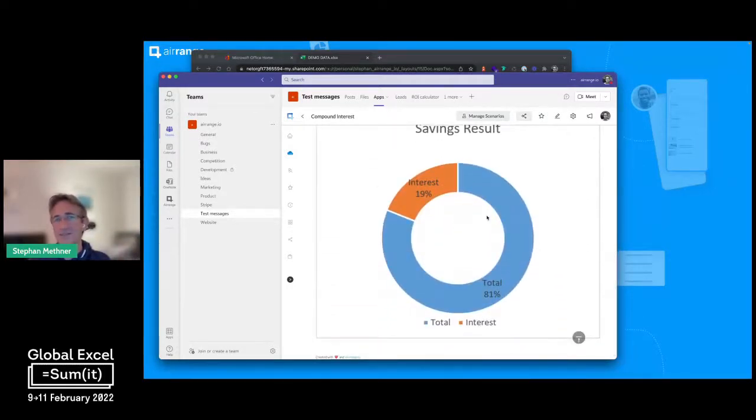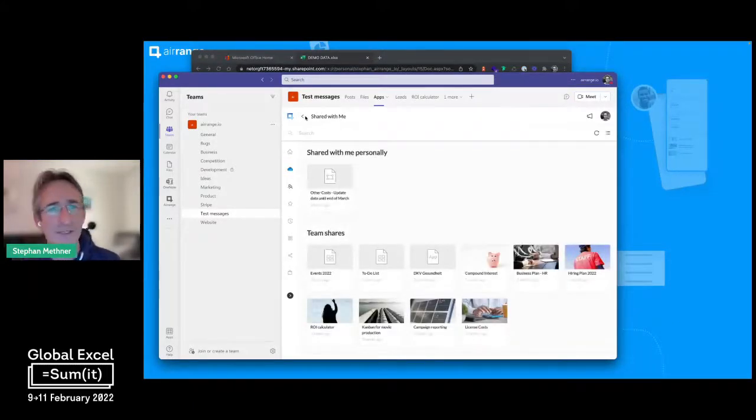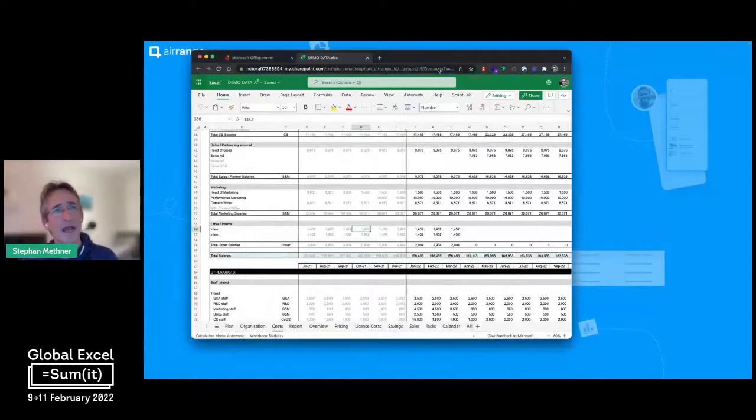And the chart is just the chart for my workbook. I hope you get the idea. So let's jump in with the first example. This is a granular sharing example. As I told you,